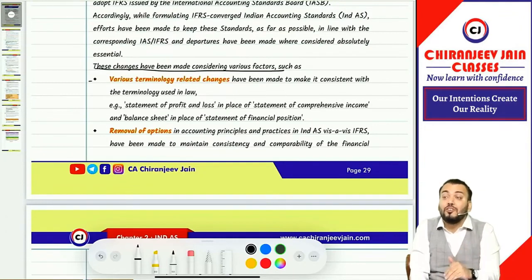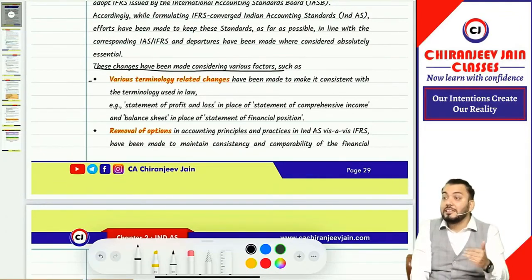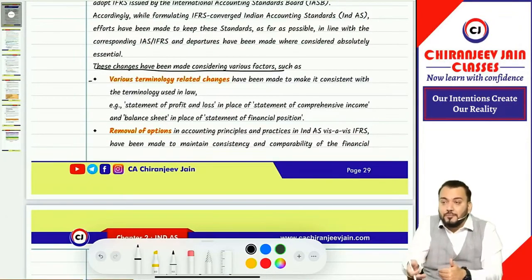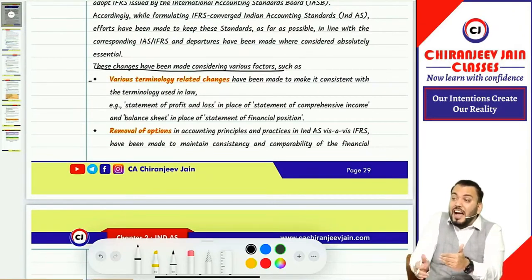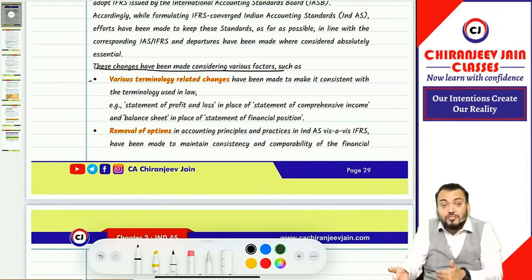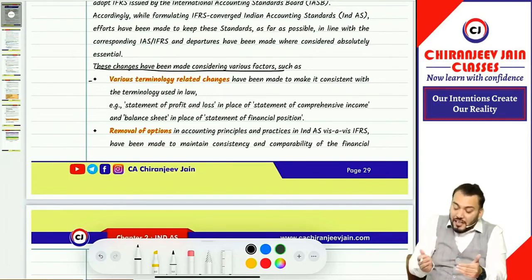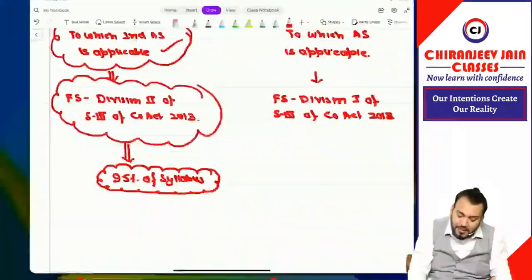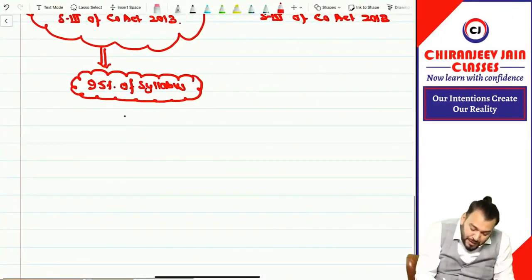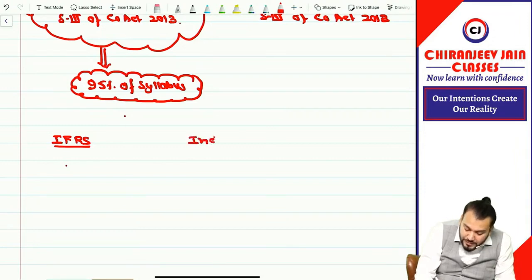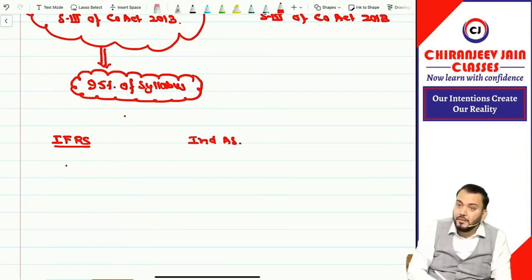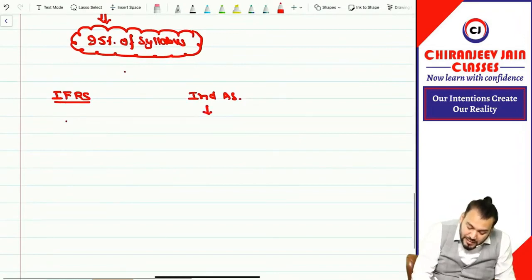First is known as terminology changes. Terminology changes means there are some terms which have been used in IFRS that are not used in Ind AS. That term has been changed. Correct? Two examples I will give. For example, as per IFRS, and as per Ind AS. Correct? As per Ind AS, we call